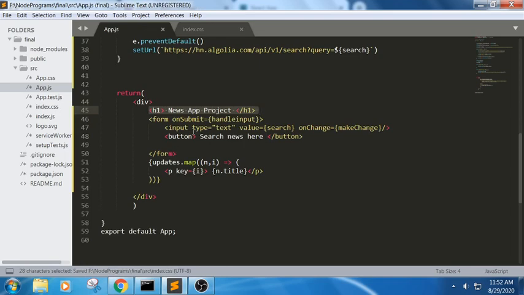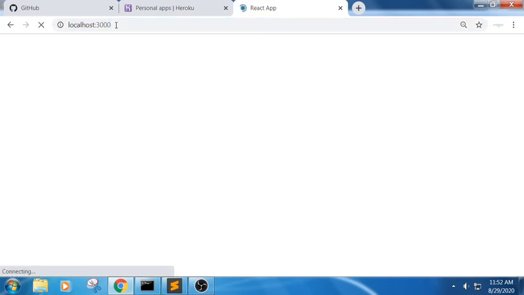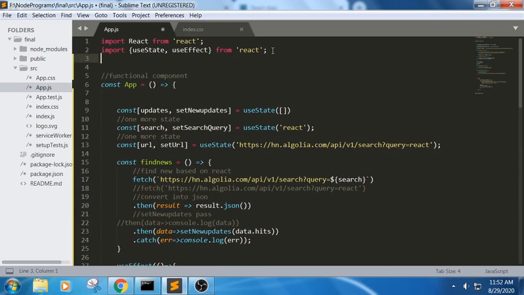So we were trying to define the CSS for this part. It is not getting applied because we haven't used index.css here. We should always import the CSS part. In order to import it, we will write import followed by the file name, which is index.css.